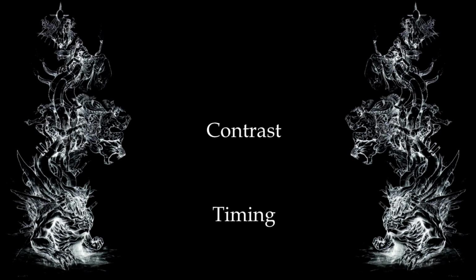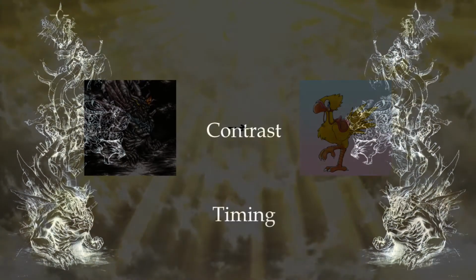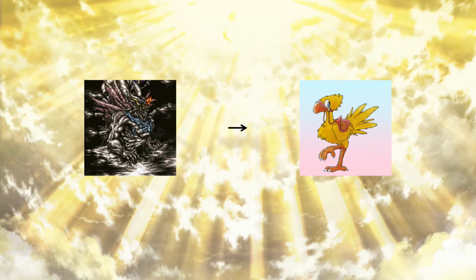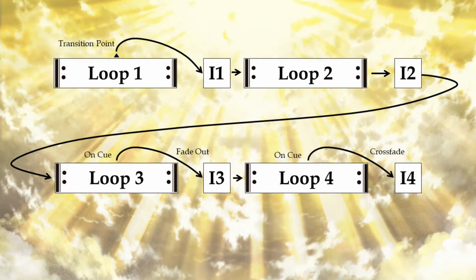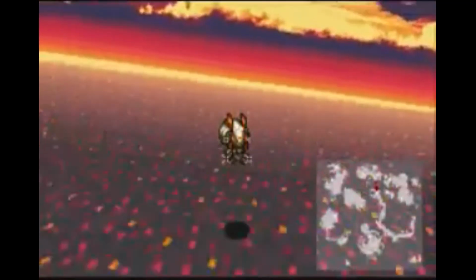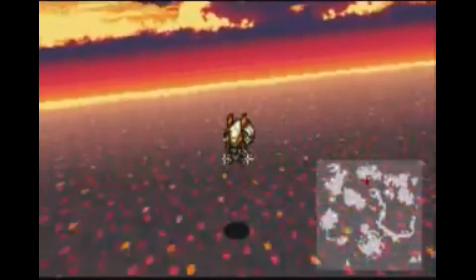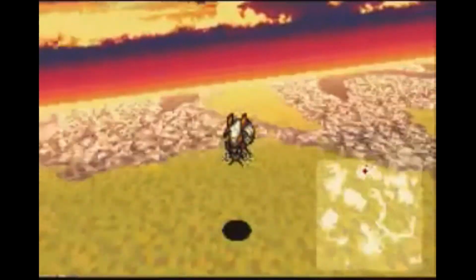Contrast. How widely separated are the modules that will be combined? If both sections of music sound similar, the seams are easier to hide. And transition. That is, exactly how do we move from one segment to the next and make them connect? Or sometimes not connect.